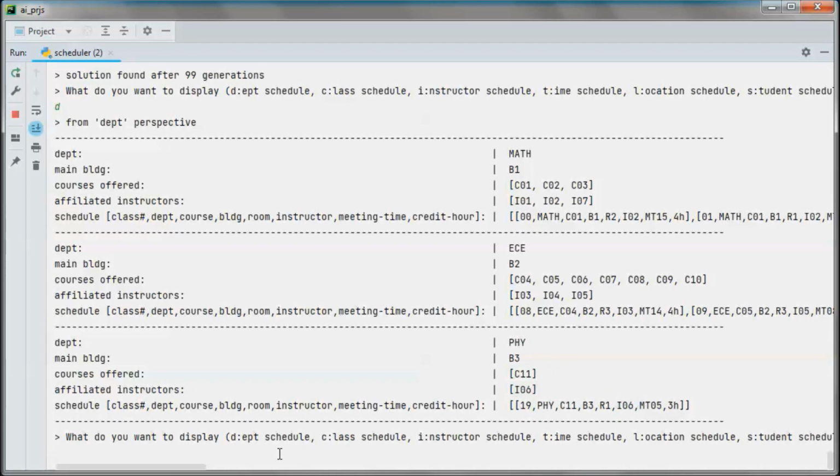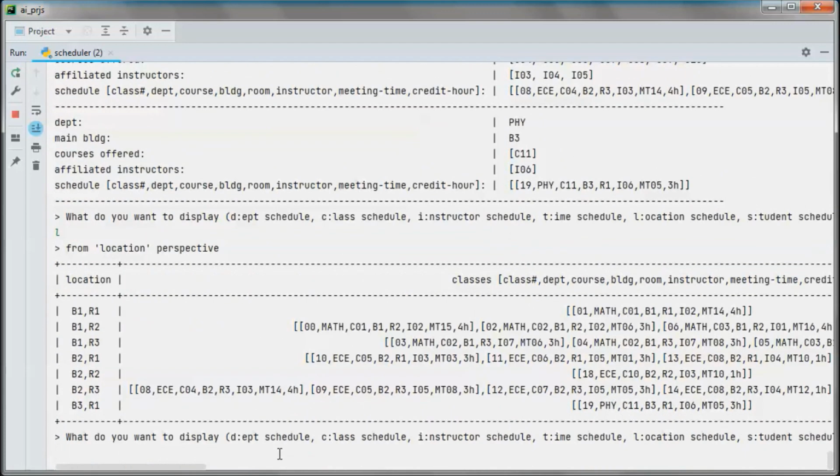And let's display from the location schedule perspective.